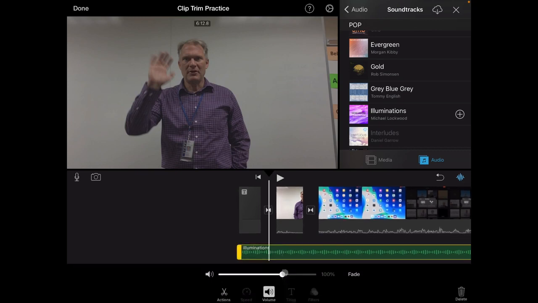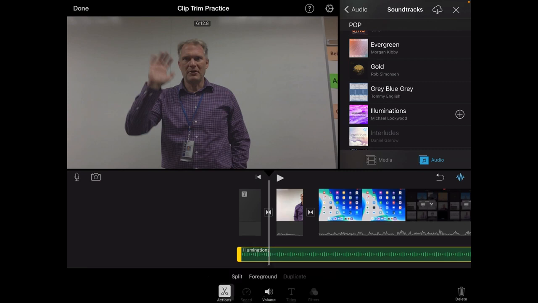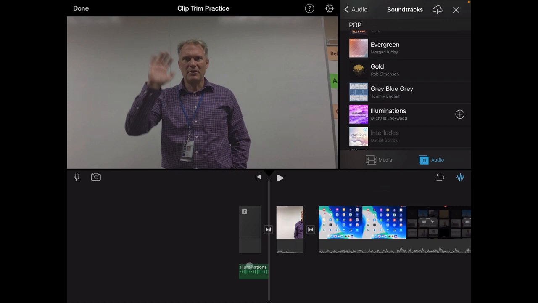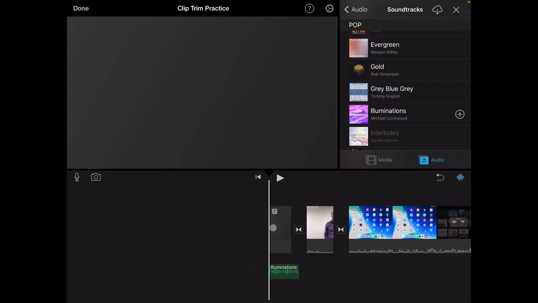I'm gonna tap on the music so that the music is selected. And now I'm gonna go down here to my scissors and I'm going to split. Now I've got two parts of the song, the beginning part and then the rest. So this one that's the rest of it here, I'm gonna make sure it's selected, tap on the delete key. Now my music is ready for right there at the beginning. So when I hit play,